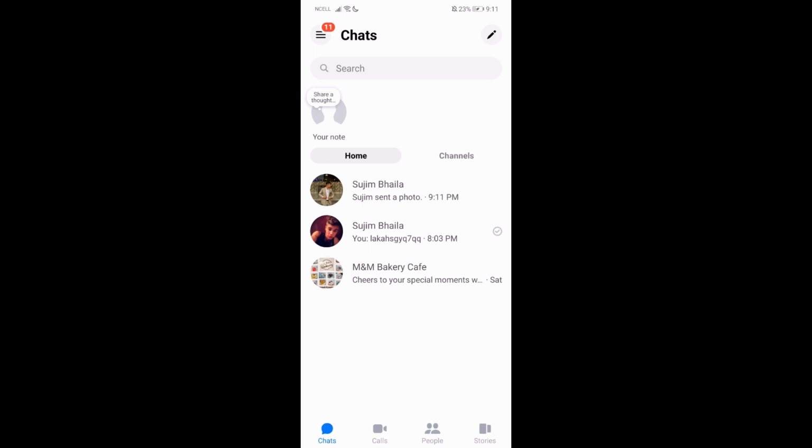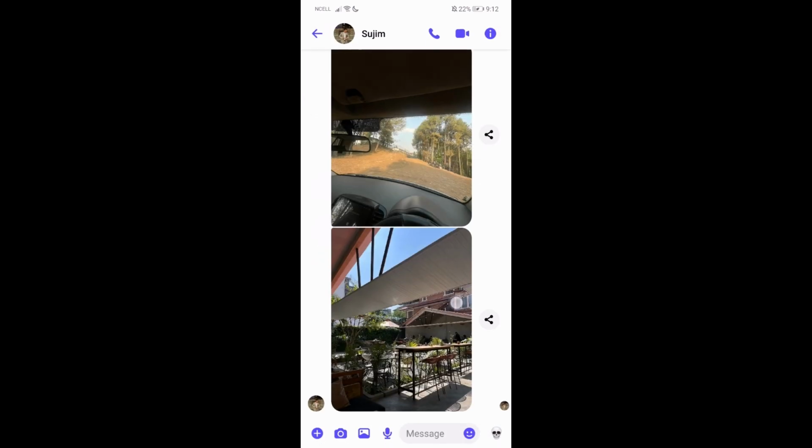So first thing first, what you're gonna do is you're gonna be logging your account in the Messenger app. Once you do it, you're gonna be going over here like this in this particular chat, and then just choose the conversation that you want to change the theme of. So let's say I want to change the theme of this conversation, so I'm gonna go with this and go to the profile,